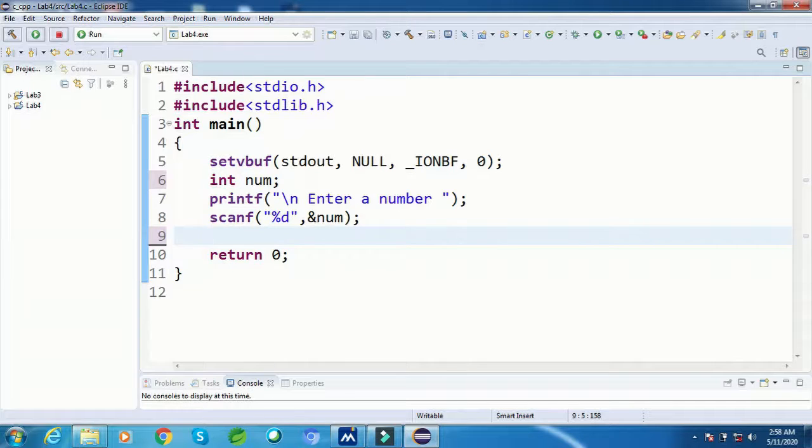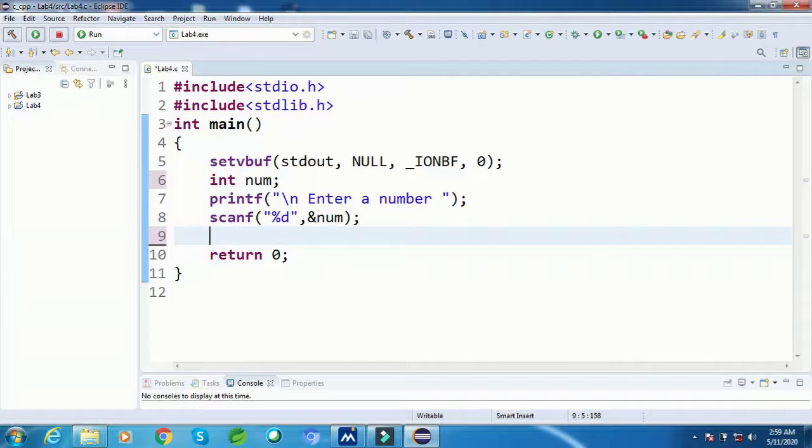Now I want to separate each digit from the number. How can I do that? I can divide the number with the help of 10 and I can get the remainder, and the remainder I have to add into the variable sum. Each time I get the remainder, I have to add that remainder into the sum, but I want each time a separate digit. So first time I need 3, then 2, and then 1. So in that case you have to divide the number by 10. So let me show you.